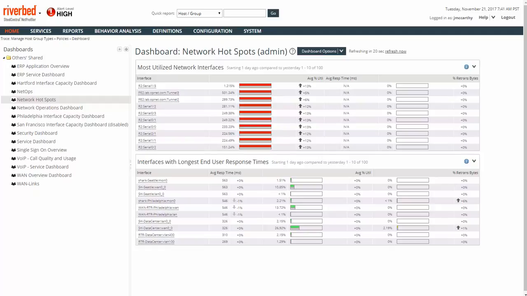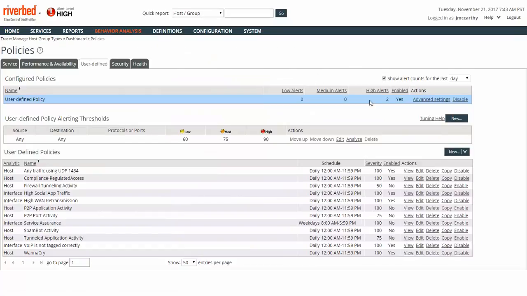In this use case, I'll show how to proactively monitor for suspicious activity like SpamBot. So again, I'll go into creating a user-defined host policy looking for this type of traffic. To do that, under Behavior Analysis, Policies, make sure user-defined is selected, and you would create a new user-defined policy. Here, I already have one built, so I'll just go into view that so you can see how it's